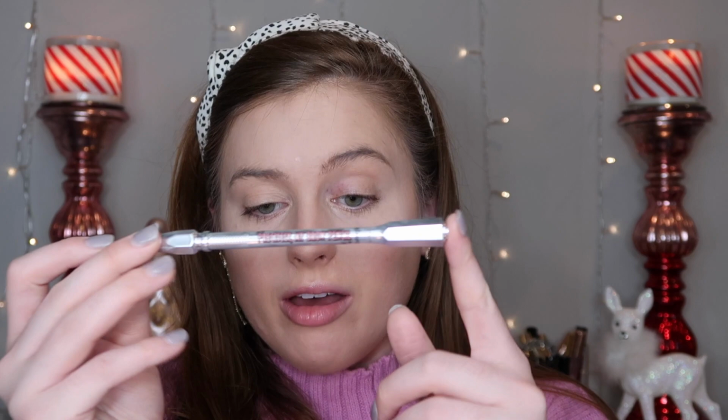And now off camera, I'm going to do my brows, and I'm going to go into the Precisely My Brow Pencil by Benefit in the shade 3.75. I like to go in darker with my brows because I am a redhead, but I like to bring out the deeper tones of that, if that makes sense. I'm going to do this off camera because brows are just not my thing. Okay, so we're going to shape them up and put some brow gel on and then be back. So brows are obviously done, and they're kind of thick. I may thin them out a little bit, but